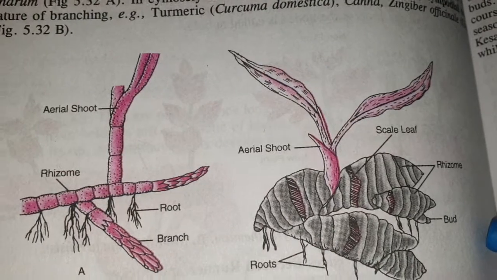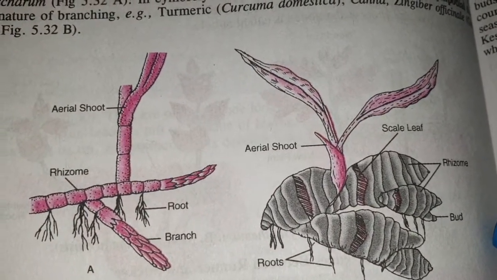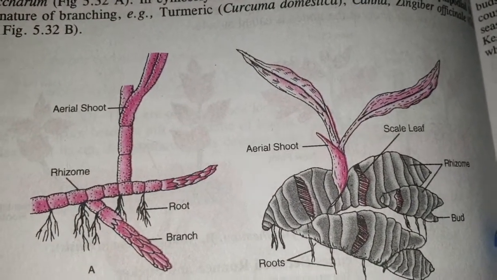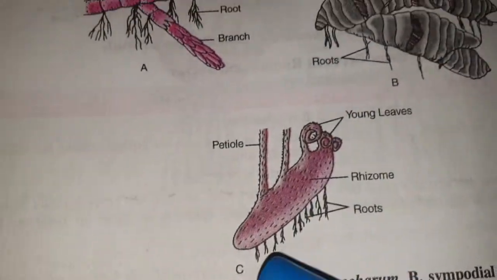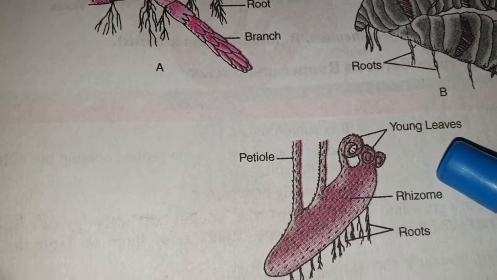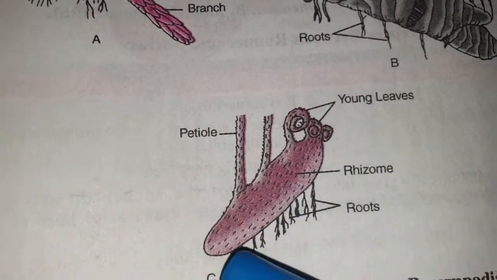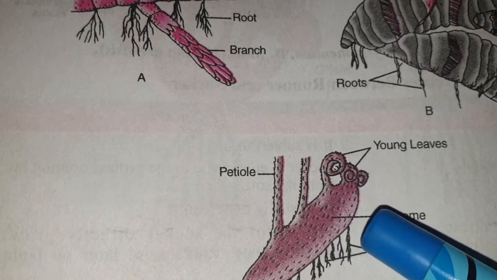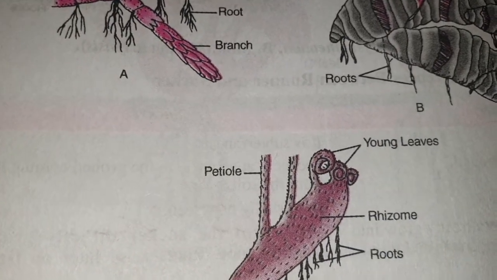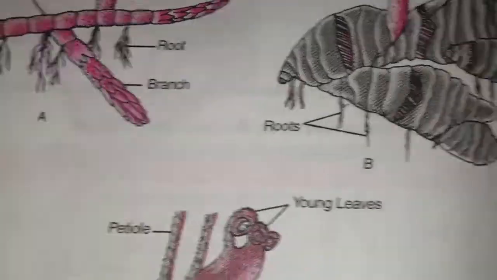Now this rhizome can be divided into two types. One is rootstock, the other is straggling. Rootstock means the ones which grow obliquely and the tip portion is just slightly above the soil, which you observe in case of ferns, Dryopteris. And the other one is the straggling one, which we observe in case of ginger. Then the next one is the corm.